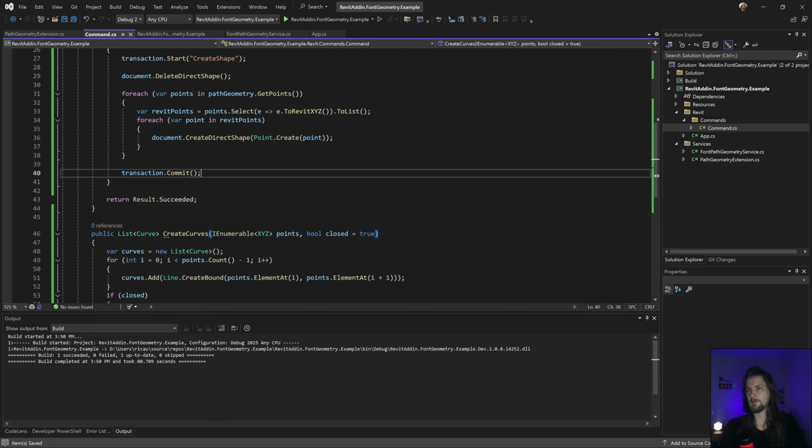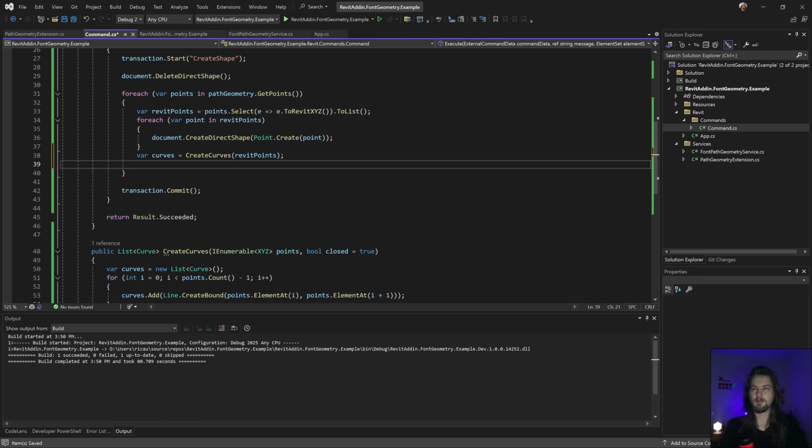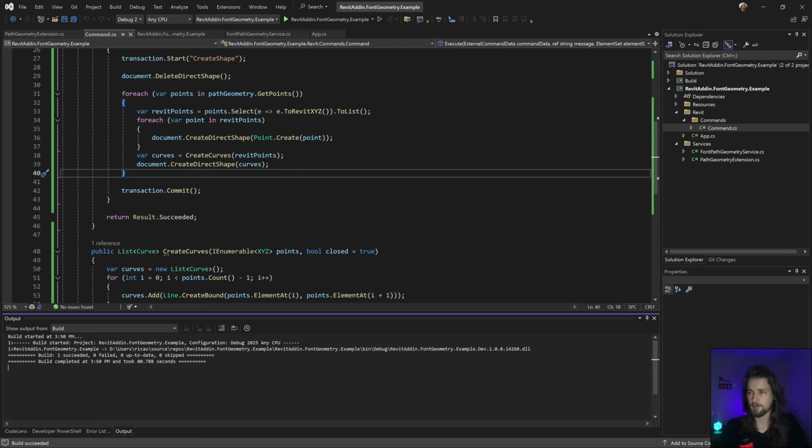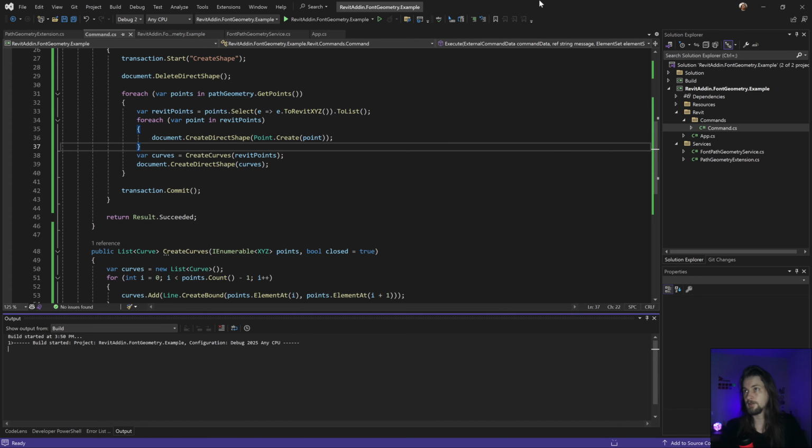Yeah. So if I do something like this, yeah, this should work. And I add that list. Actually, is this one? If I add this should work, okay? Because this creates directional shapes. I'm gonna create for all the curves in that.